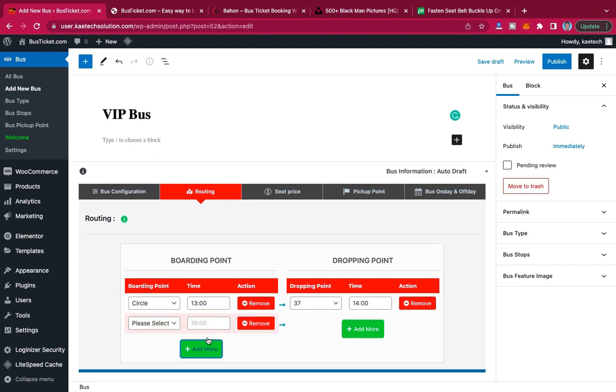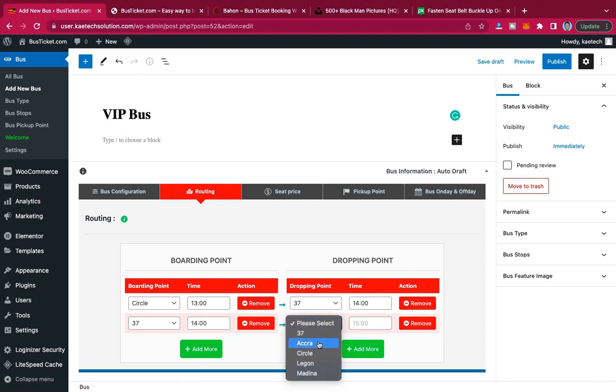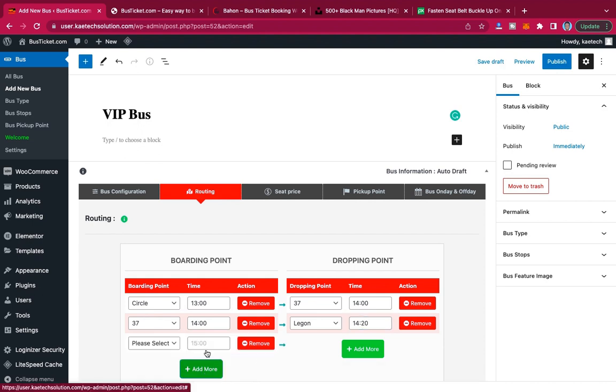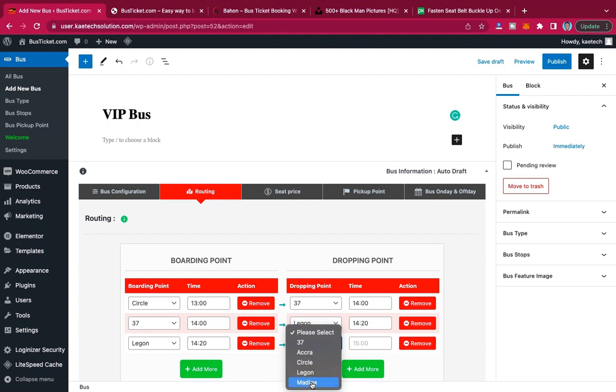Then I'll add another one from 37, so 14, and then it will go from 37 to Legon, so let's say 14:20. And then from Legon it will go to Medina. So let me pick this one as Legon, and then 14:20 is the time people will start boarding to Medina, which is